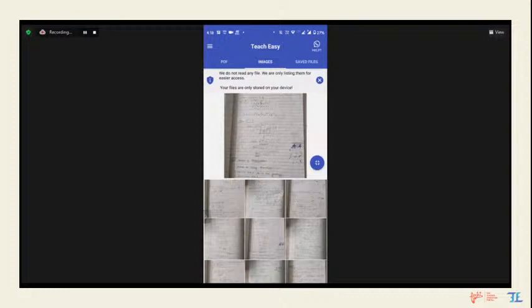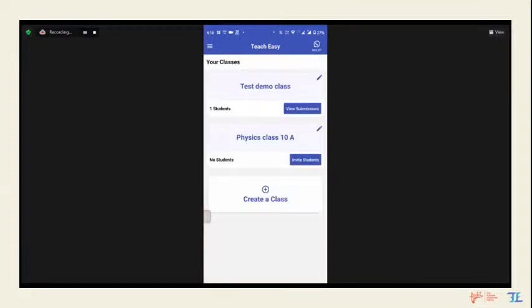I hope it is simple enough to understand what class mode means, but let's see how class mode works. In Ttz, you can even create classes and get your students to directly submit on Ttz. Students can directly submit, and then as a teacher, you wouldn't have to manage the files, the submissions, or the communication with the student. Everything happens directly on the Ttz app.